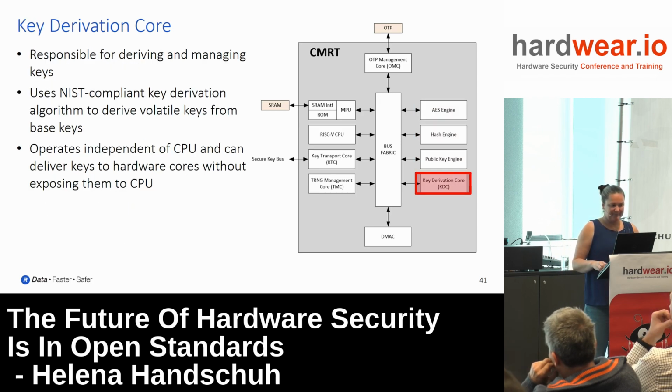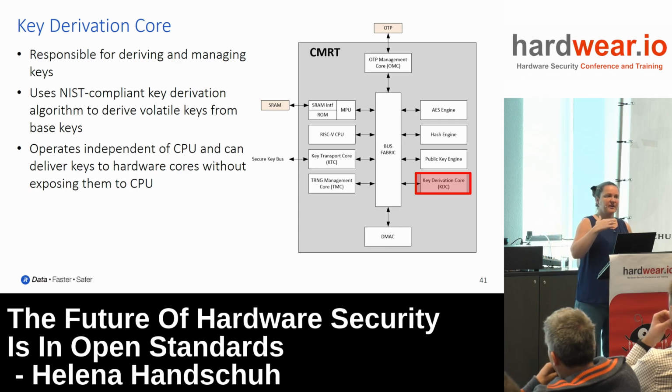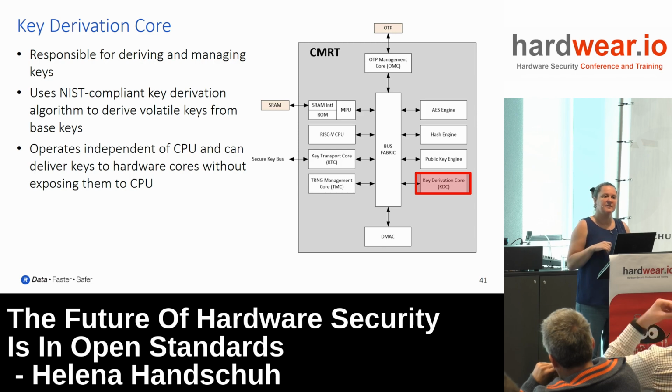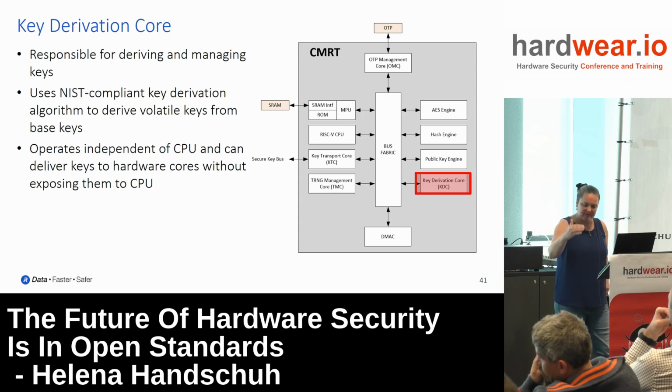Okay. We have a key derivation core. What this one does is, remember, you have a device unique key in the device to start with. And then from there, essentially for sound key separation purposes, you want to not be using a key for two different purposes. So you will be able to derive new keys with one-way hash functions going forward in a NIST-compliant way for every single different reason you might want to use a key for. So never use keys for two different reasons. Always try to derive a new key that will allow you to use it for a different purpose.